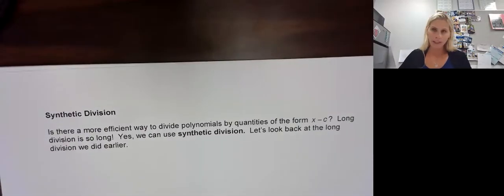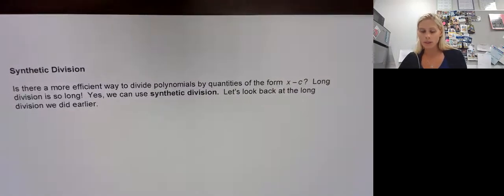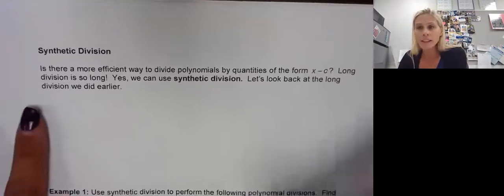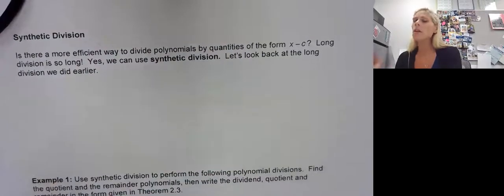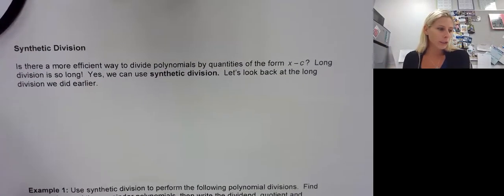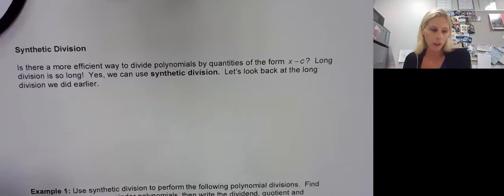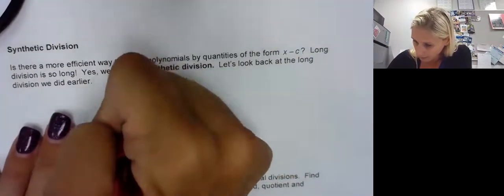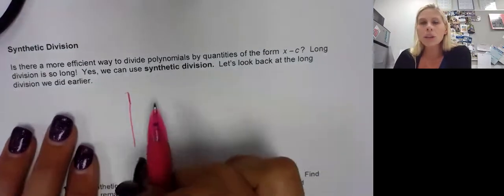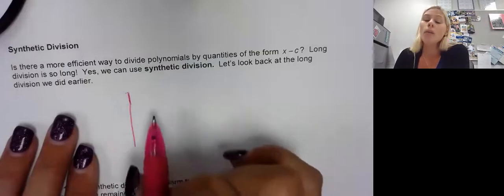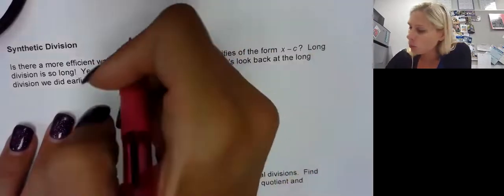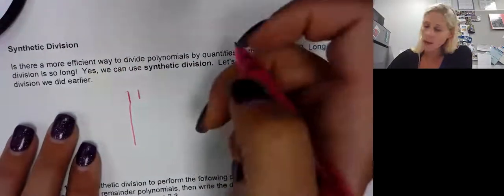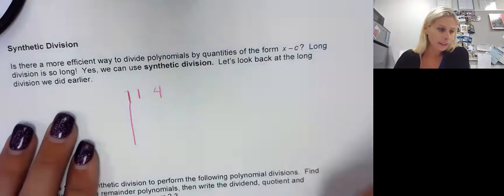Well, the easiest way to divide, instead of doing that long division, because there are tons of mistakes you can make with those steps, is synthetic division. So if you have done synthetic division, this will be a reminder. If you haven't, be very, very careful. So we're going to look back at the long division we did earlier. The first thing you want to do is put in your function on the right side of this line. Instead of putting the whole function, we're only going to put the coefficients. So we have x cubed, that coefficient's 1, 4x squared,